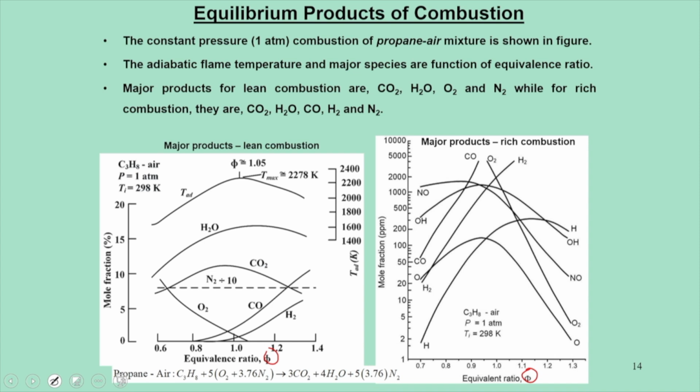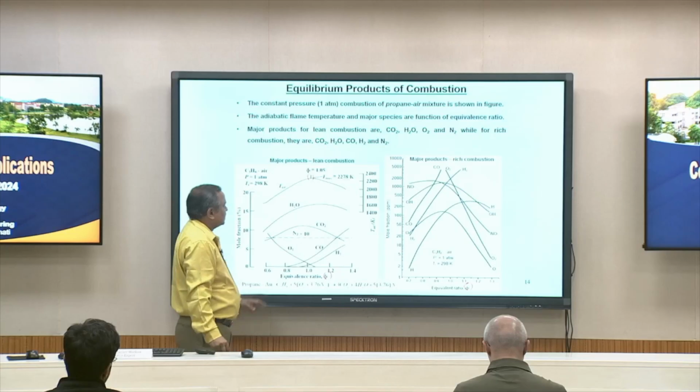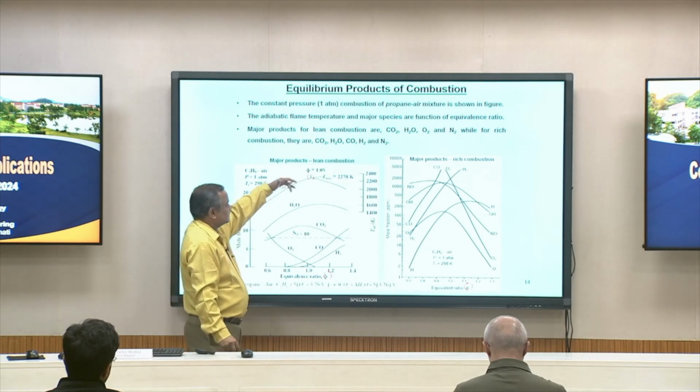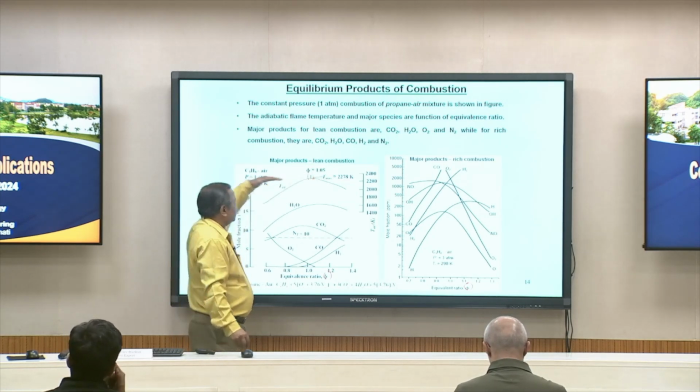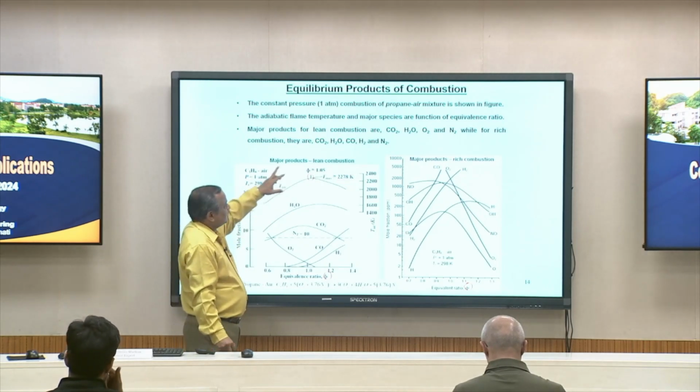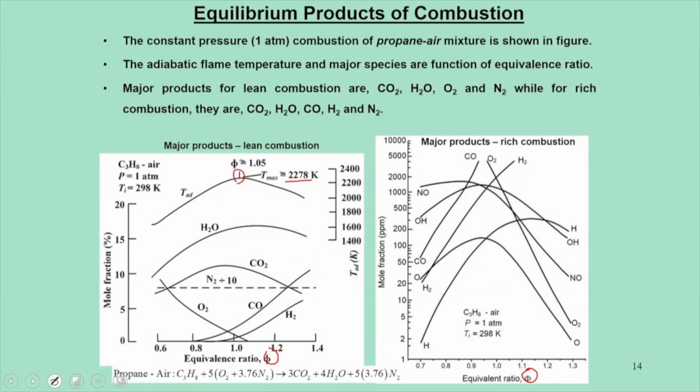We see in this case the maximum heat release comes at an equivalence ratio phi of 1.05. When the reaction starts, the highest temperature is not exactly at 1, it is typically at 1.05, for which the maximum temperature is 2278 Kelvin. This is the first curve, which we say is the upper limit of this reaction system during a lean combustion. But now, since the flammability limit during an IC engine combustion is 0.8 to 1.2,